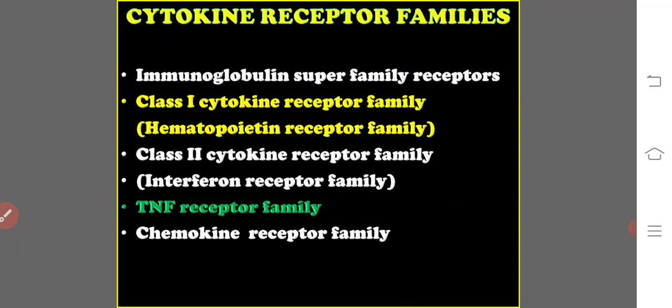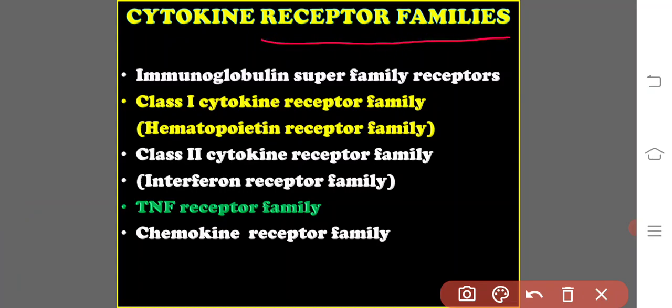And also you can observe the cytokine receptor families, to which all these four families of cytokines come and make contact with the receptors of the target cells. These receptor families are basically 5. There are 5 cytokine receptor families, namely